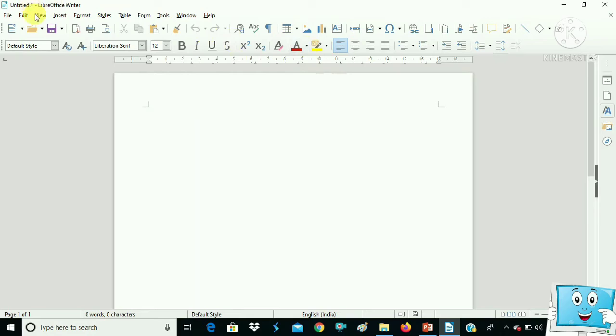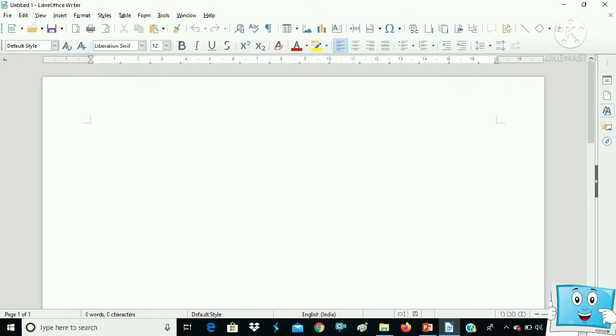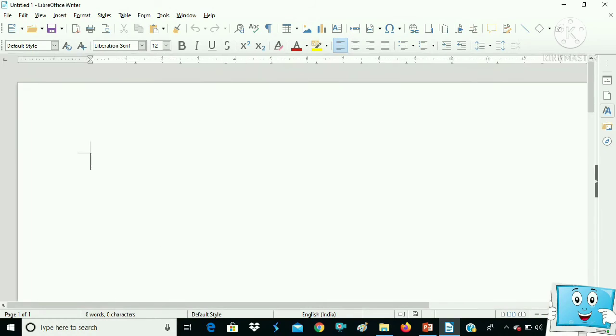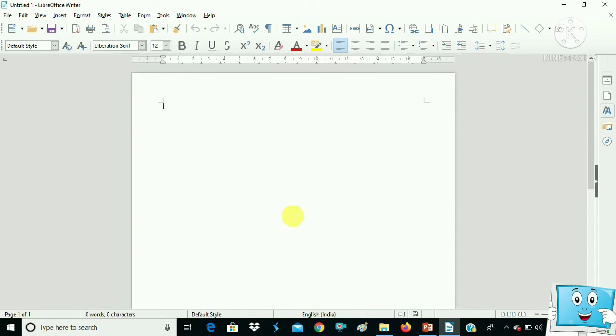First is the title bar, then the menu bar, then the standard toolbar and the formatting toolbar. You can use different commands from the formatting toolbar also. Here the I-beam is blinking, it is your cursor, and from there you have to type. You can use the scroll to magnify your document, to make it large or small. You can also use the plus and minus signs to increase and decrease the size of the document.